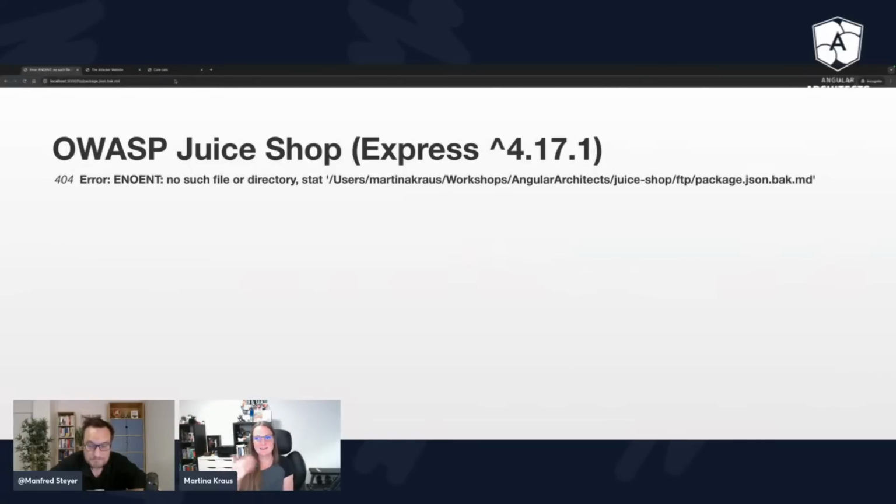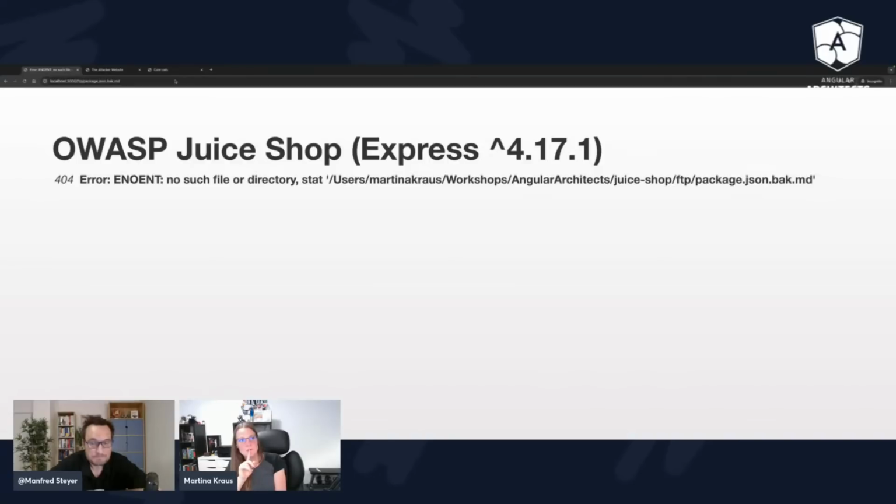Apparently the Express server now handles this request and tunnels it to the file server, since it is .md. But there, of course, it now says I don't have this kind of file. I don't have something called package.json.back.md.